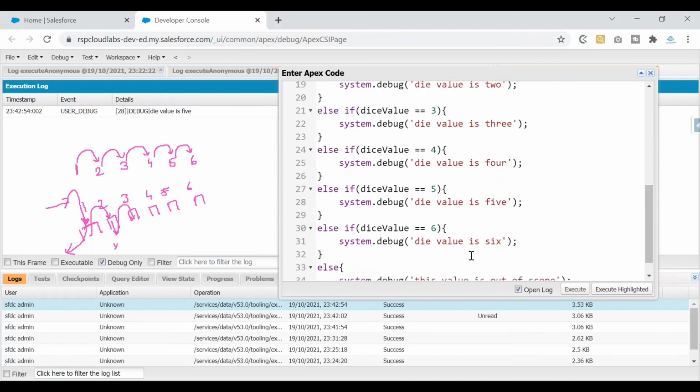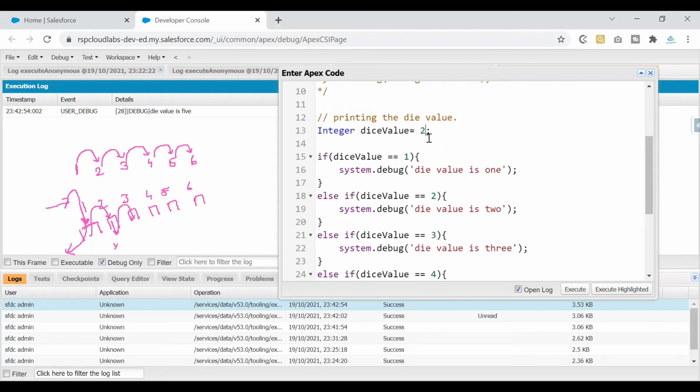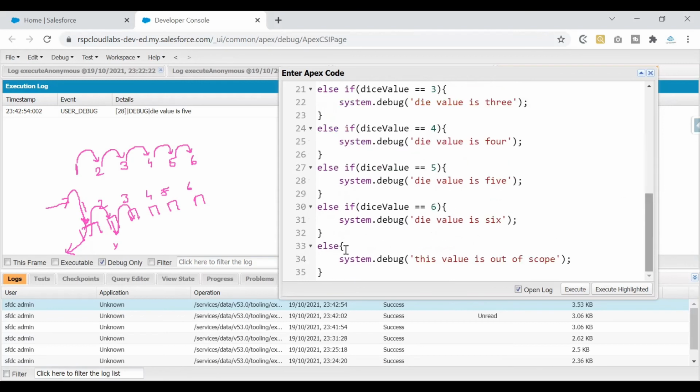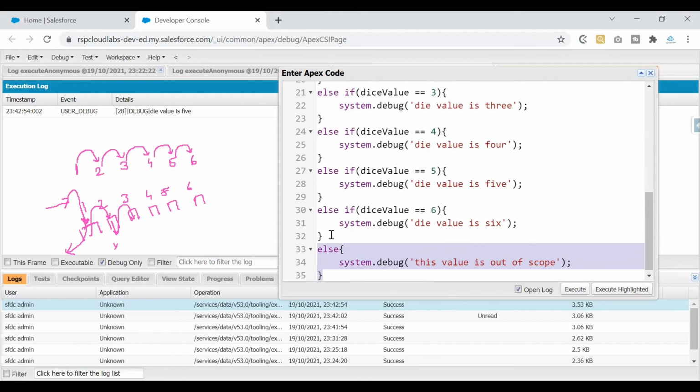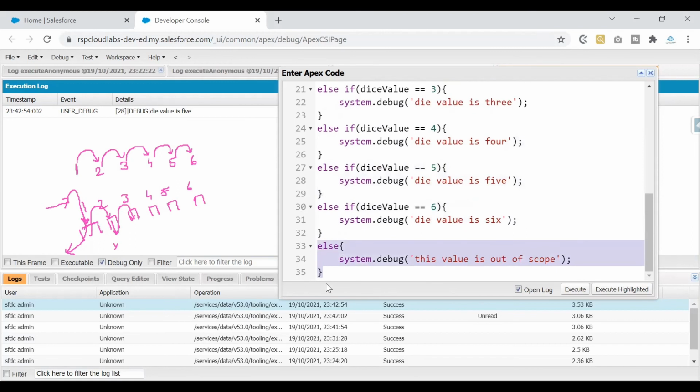So in case I give a random value like 20, which is not handled by my code, I'm simply putting an else statement saying that this is not being handled, or this is not something that comes under this dice scope. You can write any message here. If none of the above conditions are met, that is where your else block will be executed.